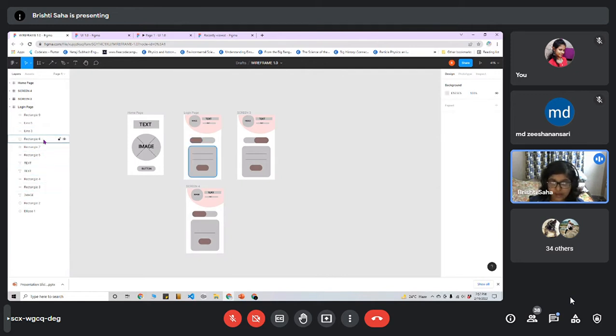Now we see there's a rectangle 6, right? But we are seeing it's rounded. So how did that happen? Here you can see there are a lot of coordinates you can change. Now here you see there's a corner radius. If you change it to 0, it becomes a normal rectangle, right? But I don't want that to happen. I want a rounded one. So I'll change this to, for example, 50,